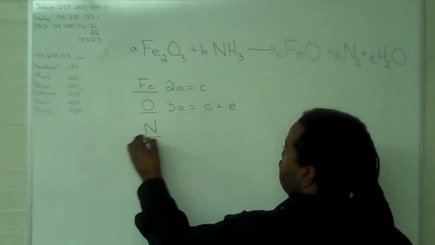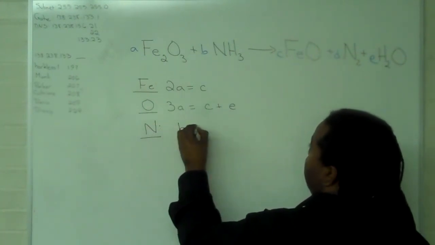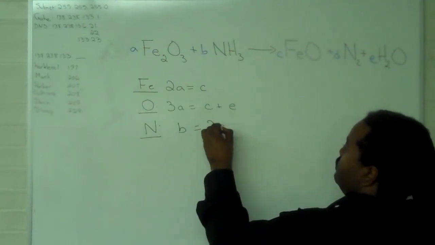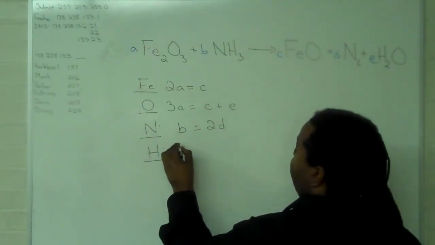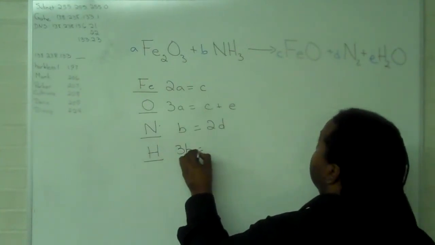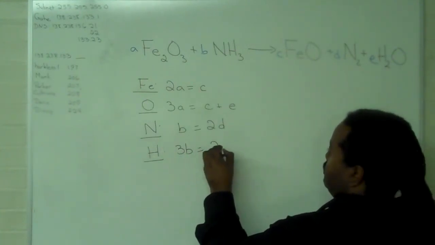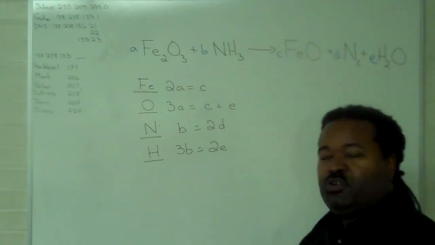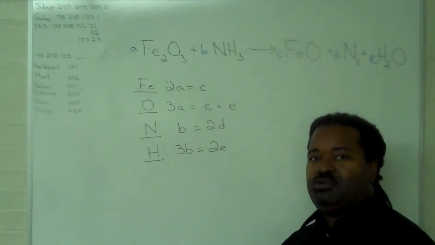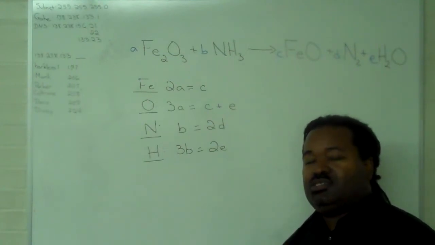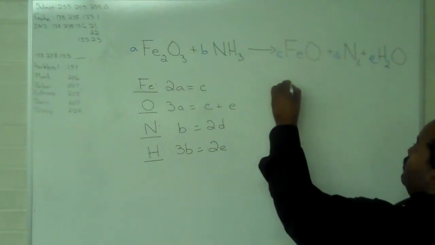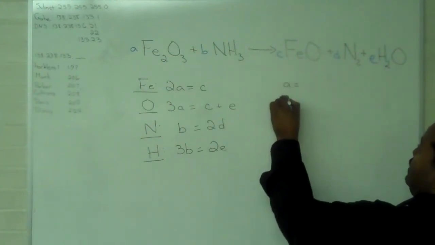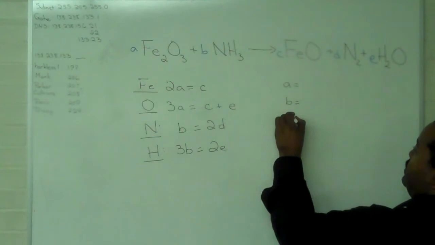Nitrogen, where we have that B equals 2D. And hydrogen, where we find that 3B equals 2E. So far, I've made no decisions about doing anything, and that leads us to step 3, which is the thinking step. We have to look at what we have from the equations